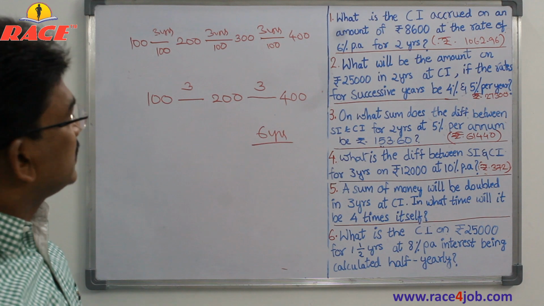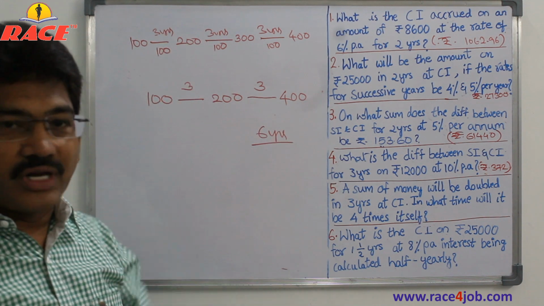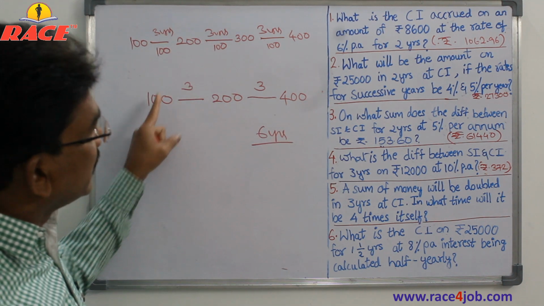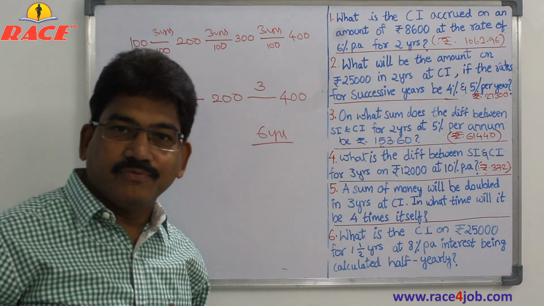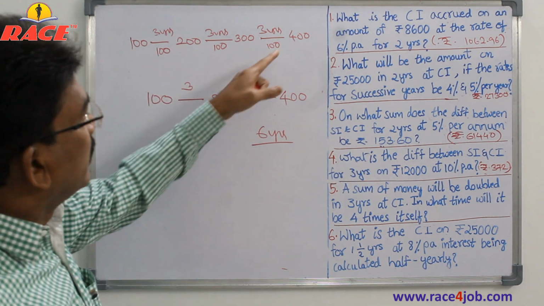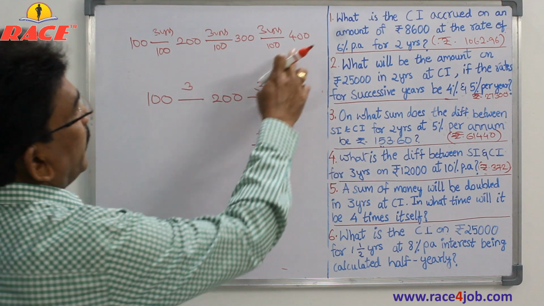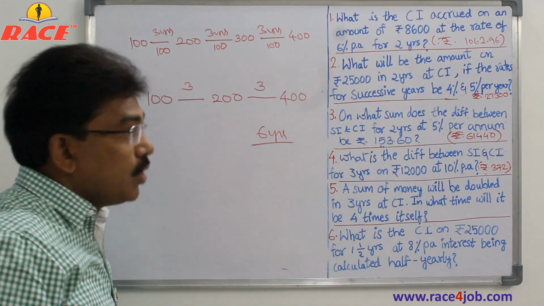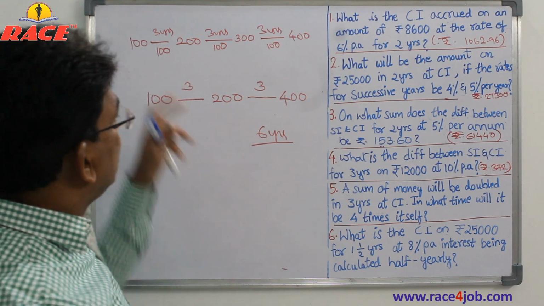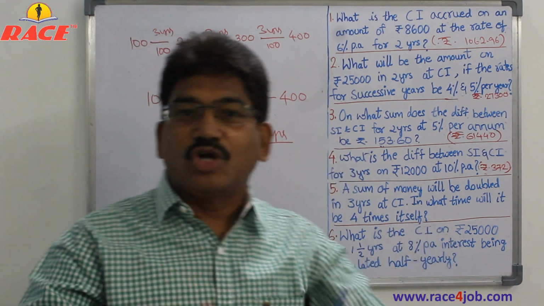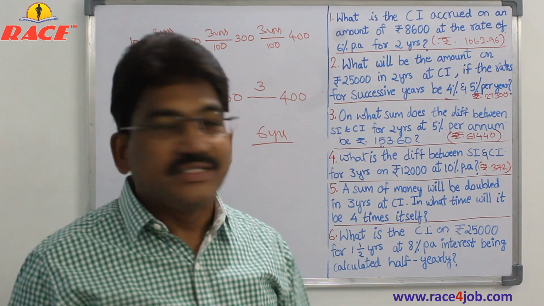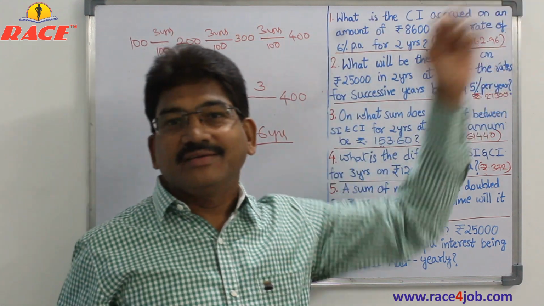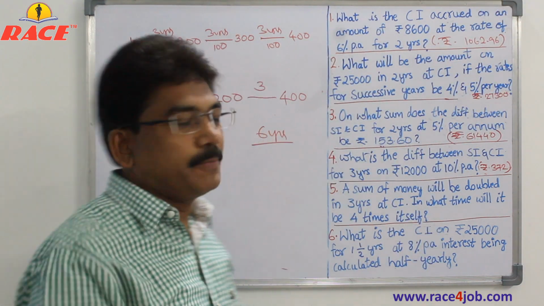If it is simple interest, it takes 9 years to become 4 times. If it is compound interest, it takes 6 years to become 4 times. Okay, if it is the next multiple, 5 times, what happens? Another 3 years. Now the question is, if it is not 4 times, to become 20 times, how many years does it take? Is it required to write 20 times such a long thing? Not at all required. Observe.